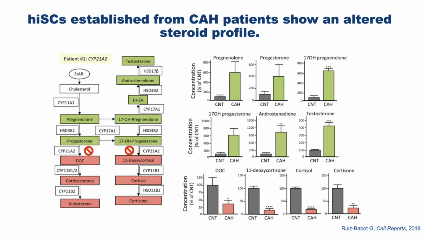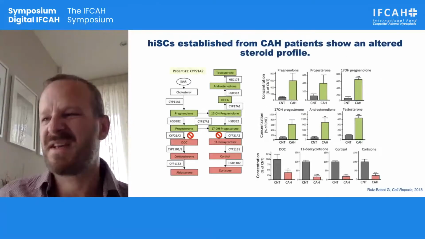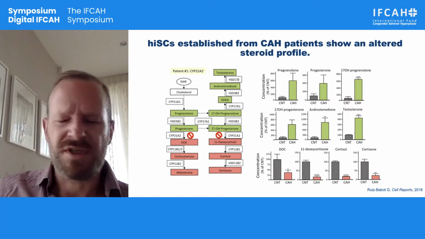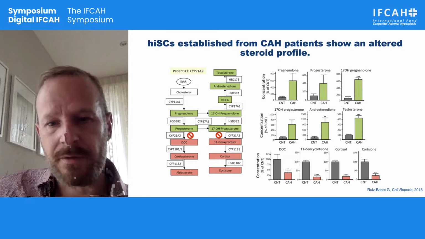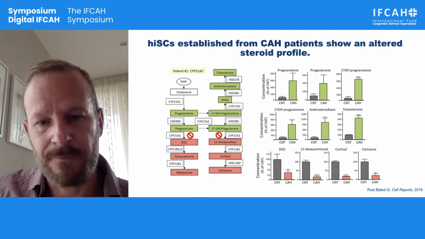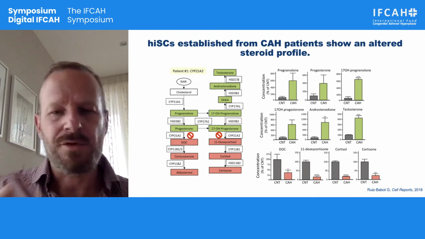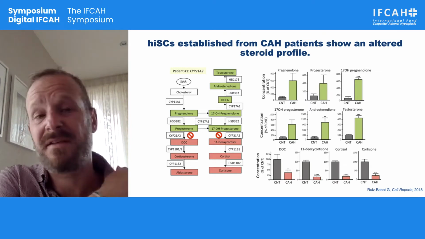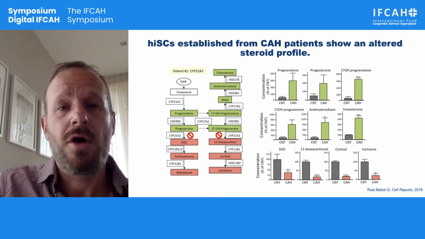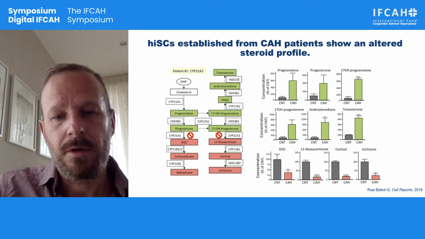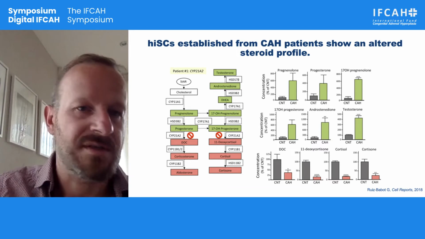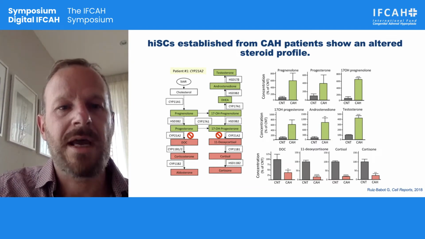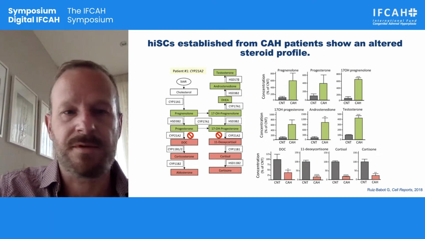And as you can see here, this is patient 1, which has one of the most common mutations resulting in CAH, which is PI172N, resulting in a simple virilizing form of CAH with a residual enzymatic activity between 1 and 10%. And as you can see here, as expected, you have an accumulation of those metabolites which are prior to the 21-hydroxylase activity, such as 17-hydroxyprogesterone or 17-hydroxypregnenolone, and downregulation of those downstream, such as cortisol.